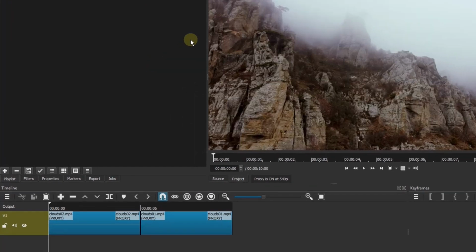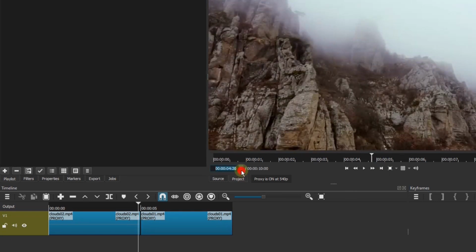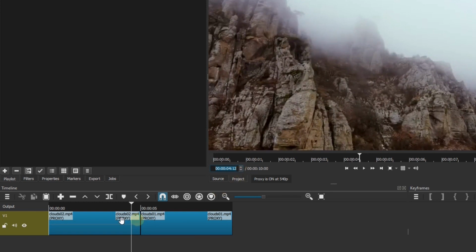We will start by making a cut at half a second from the end of the left clip. In my case, since my project is at 24 frames per second, half a second represents 12 frames. So I will use the spin box of the timecode counter, and go back 12 frames. Select the clip, and make a cut at the position of the playhead. Let's call this new clip A.